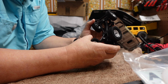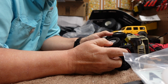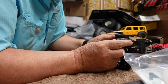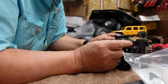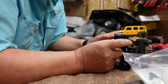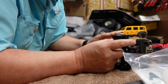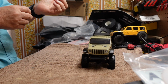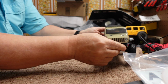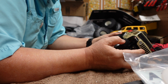So tires are a little smaller. They feel pretty good. They are Nitto tires. I had Nitto tires on my truck for a while, but I went back to Michelins after driving on them for a while. They weren't too good when it came to going down the highway pulling a trailer. They were kind of squirrely on the highway. But anyway, it has Nitto tires